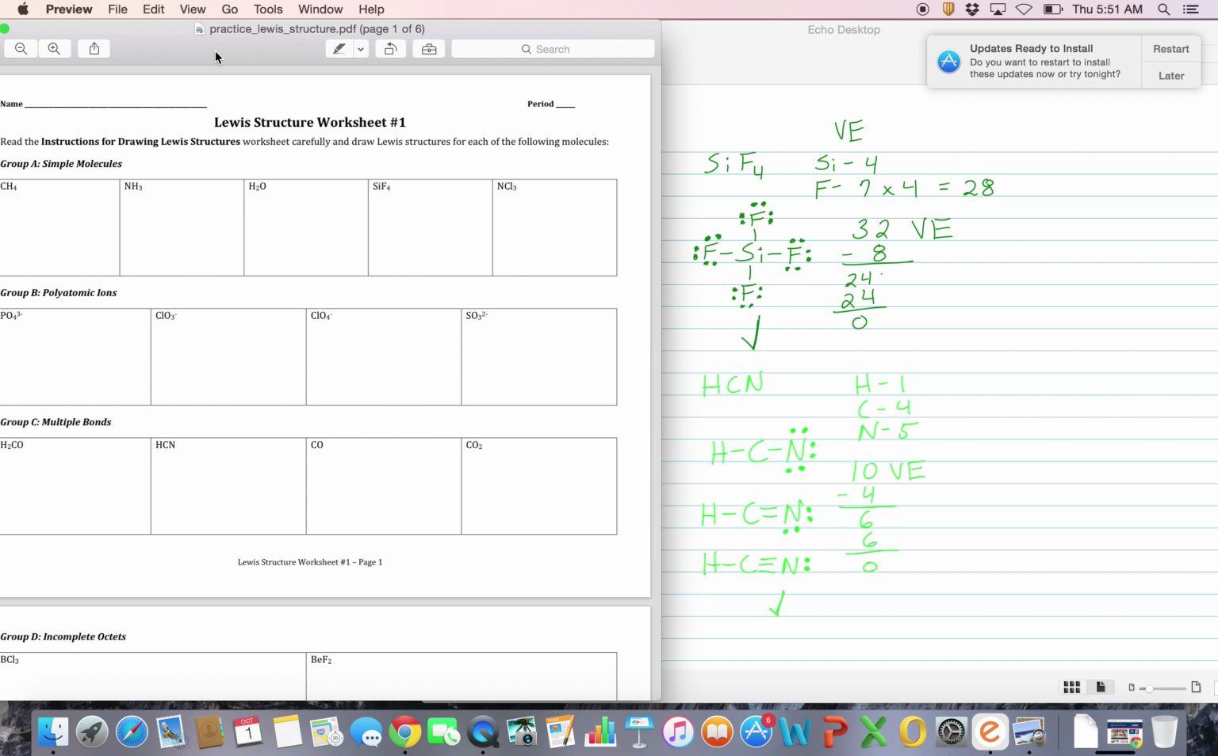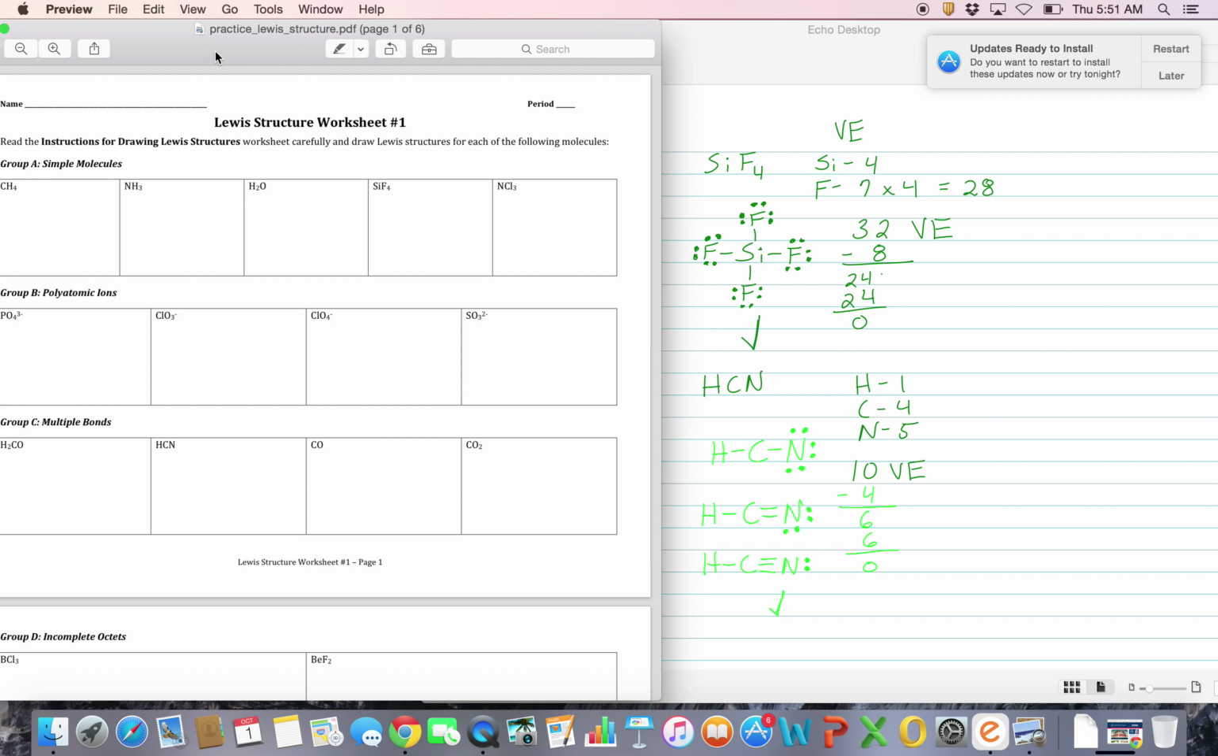All right, let's look, and we're going to skip group B right now. Let's look down at group C, and you'll see that we have HCN. This is an example I did in class, but this is a good example to do over. Hydrocyanic acid has 3 atoms. Determining valence electrons, hydrogen has 1, carbon has 4, nitrogen has 5, and that will be a total of 10